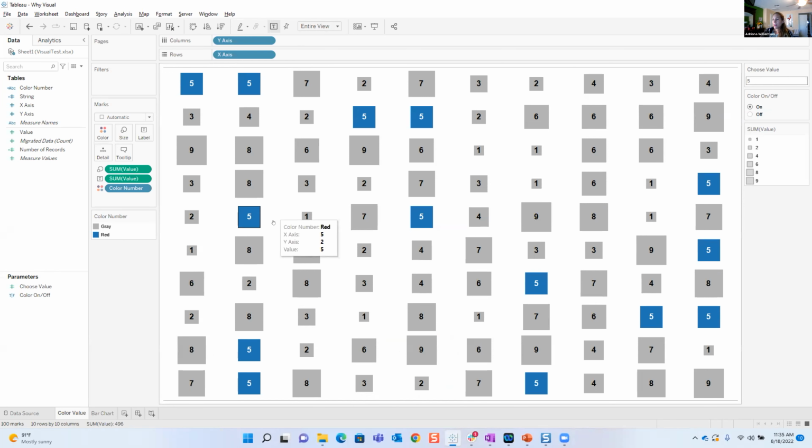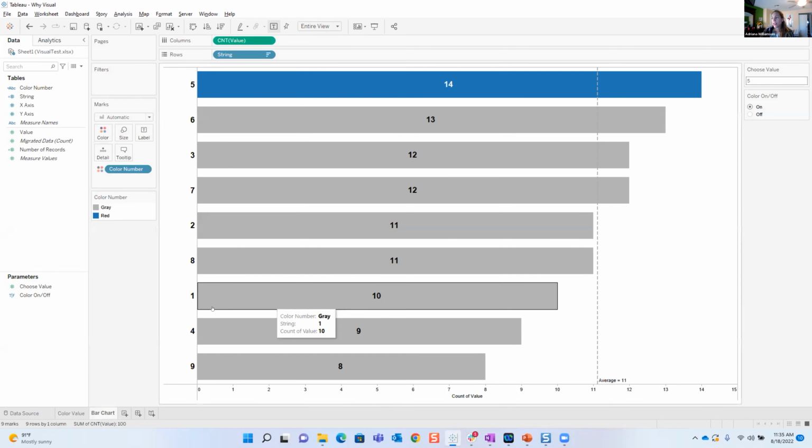But what if instead of a table, we were to say, here's a chart, okay? I have number 5 selected. You can easily see that we have around 14 files, right? We have 13 6s, and we do have an average of 11. How fast was this? In 1 second, you can pass the message. In 1 second, you can tell people you have 14 files, you have 8 9s.